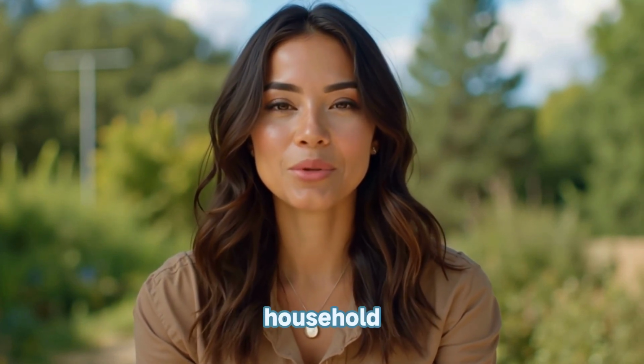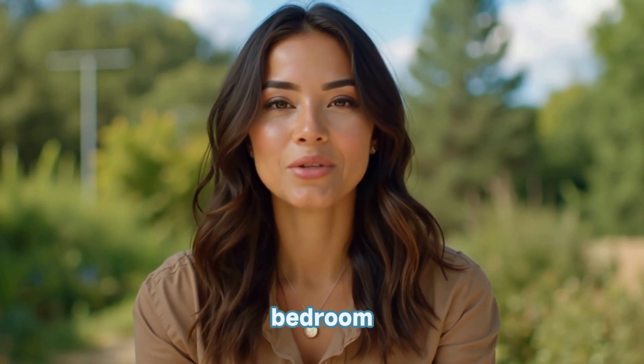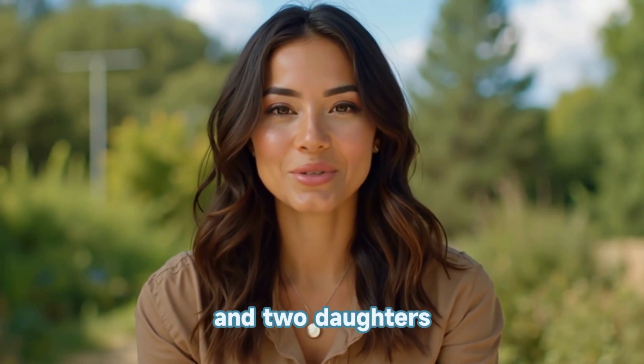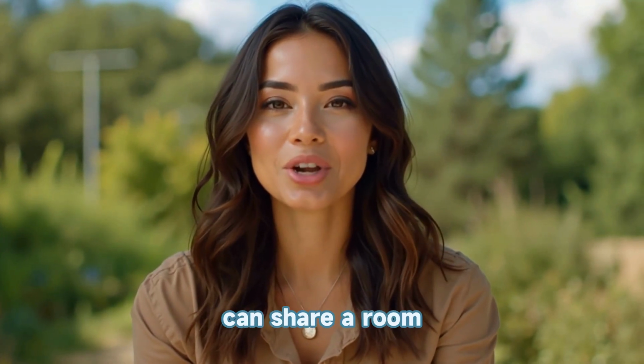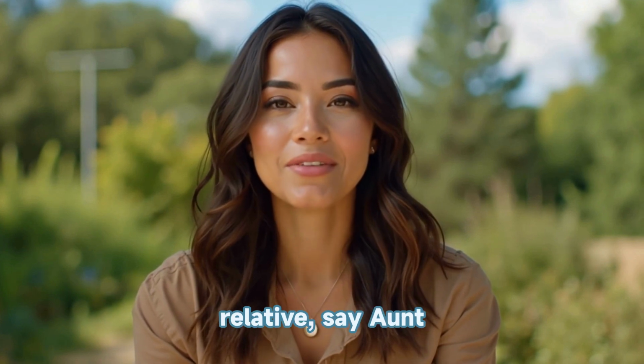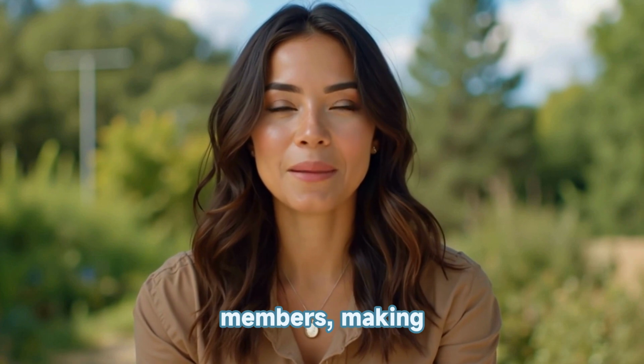The short answer is that it generally depends on the number of people in your household. Federal guidelines typically suggest that 2 people can share one bedroom. For example, if you have a husband, a wife, and 2 daughters, you would be eligible for a 2-bedroom unit since the children can share a room. But if another relative, say Aunt Betty, moves in with you, now your family has 5 members, making you eligible